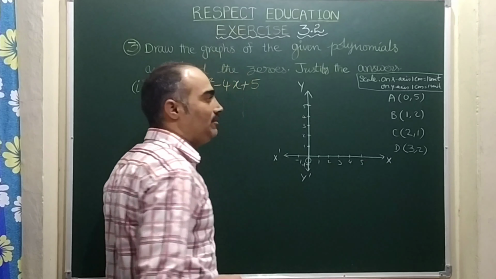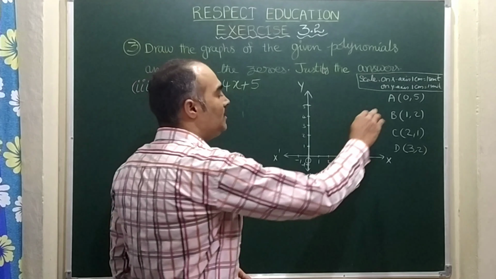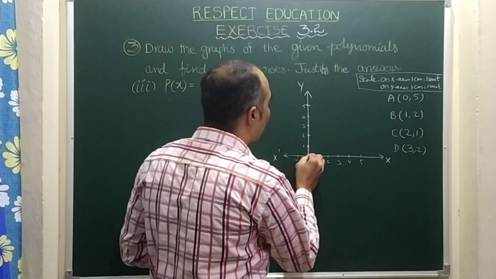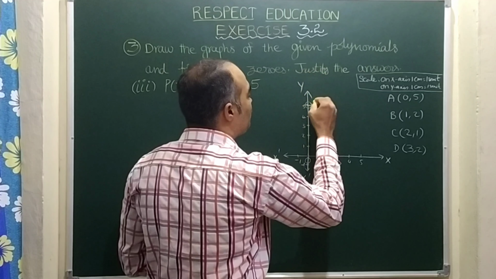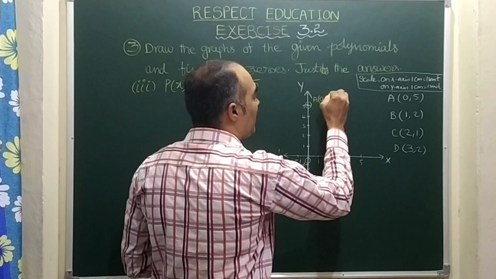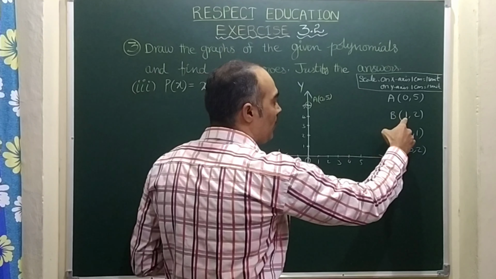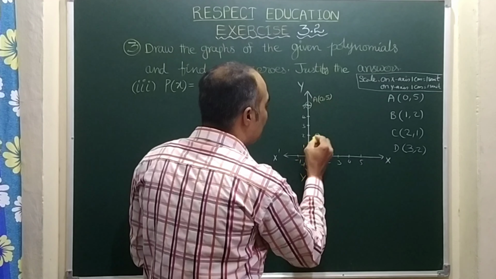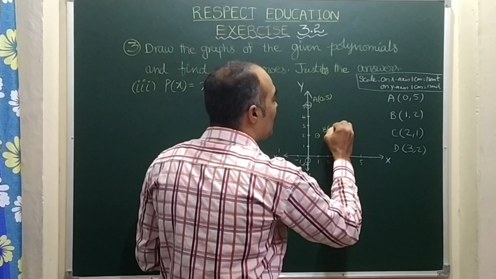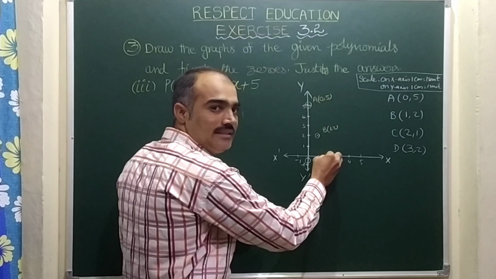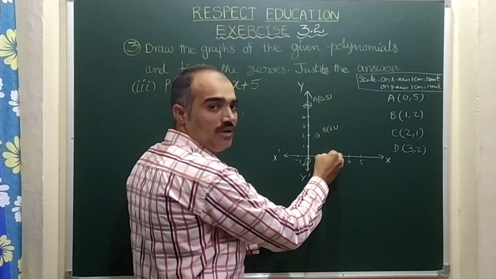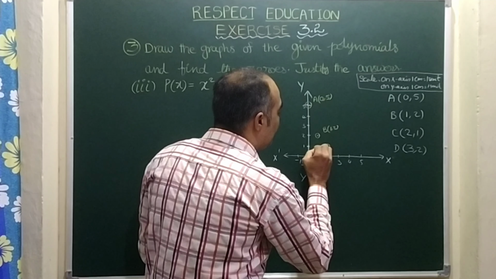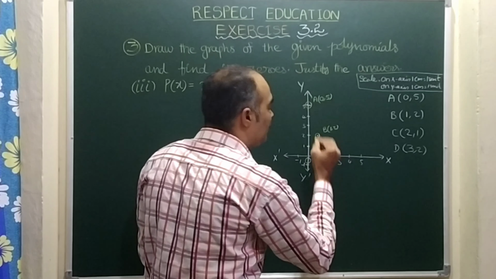A 0, 5. Just imagine that again this is our bike. So first bike point is 0. Now 0 is at A, bike is at 0. Now it is positive 5. So I should go up here. This is the first point, that is A 0, 5. Now second point 1. See here I am ready at 1. Positive 2. So I should go up. This point is B 1, 2. Now here this is the bike point, that is 2. See bike is at 2. Positive 1. I should go here 1 value up. Here I am writing, this is C 2, 1.